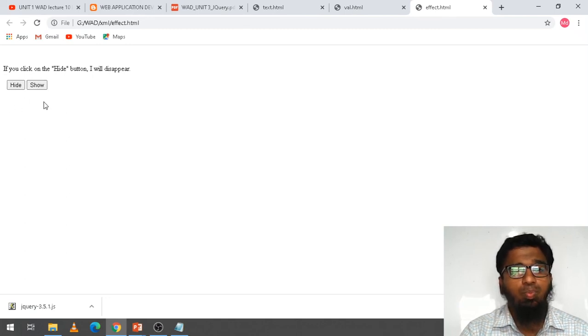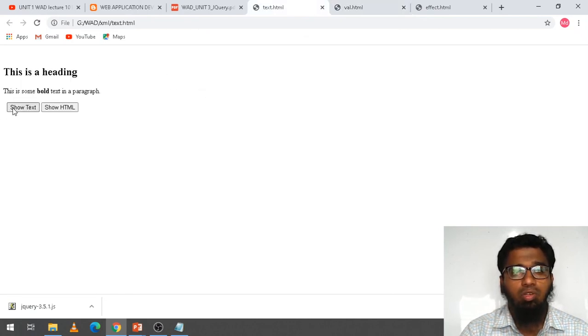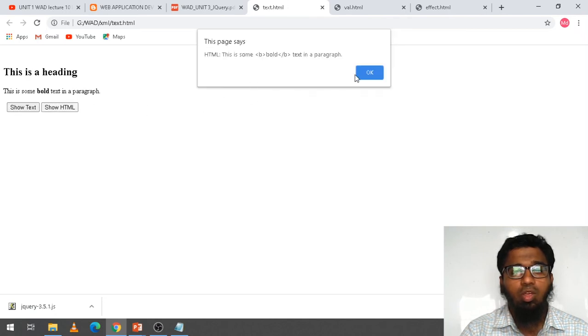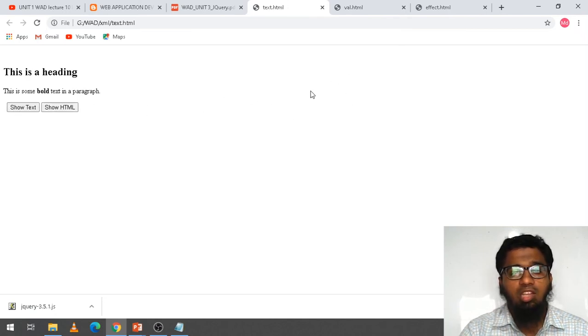So see how fast it is performing, because jQuery is lightweight, write less, do more. And here also, when I click, the alert box comes fast. So this is less written and more powerful.